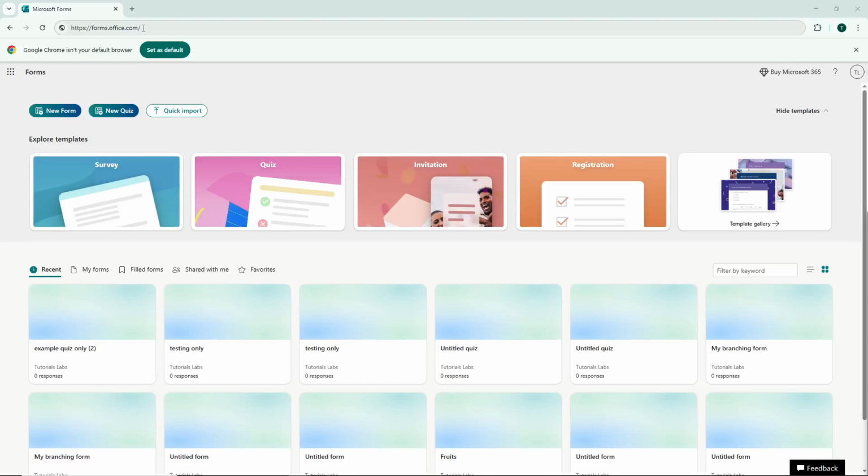Today, I'm going to teach you how to create a survey using Microsoft Forms. This is a powerful tool for gathering feedback, conducting research, or simply collecting information from your audience in an organized and professional way. First, open your web browser and navigate to